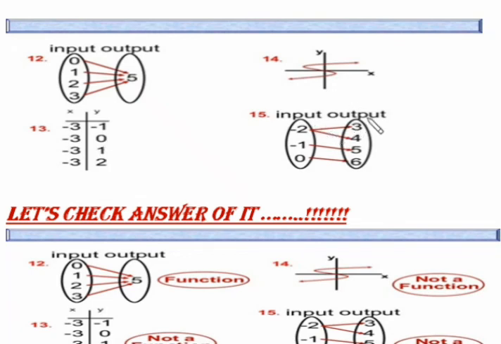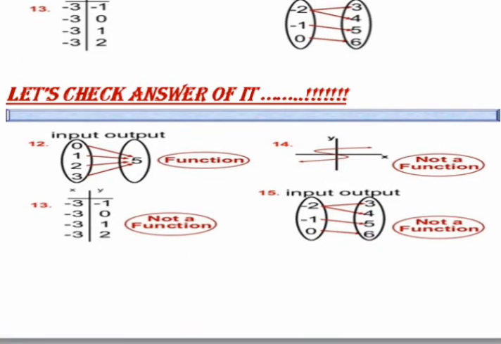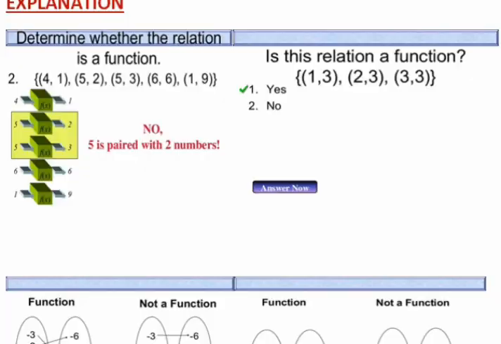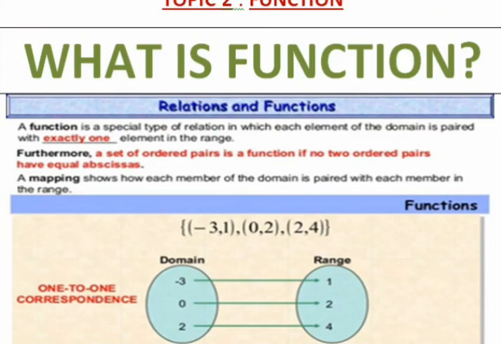Now in input and output, -2, -1 and 0. -2 has two different ranges. So this one is also, we know automatically, not a function. Okay, in this way we define and observe what kind of input and output is considered a function, and what kind of graph is considered a function or not a function. So we observe the things and keep continuing to find whether functions exist or not in this way.